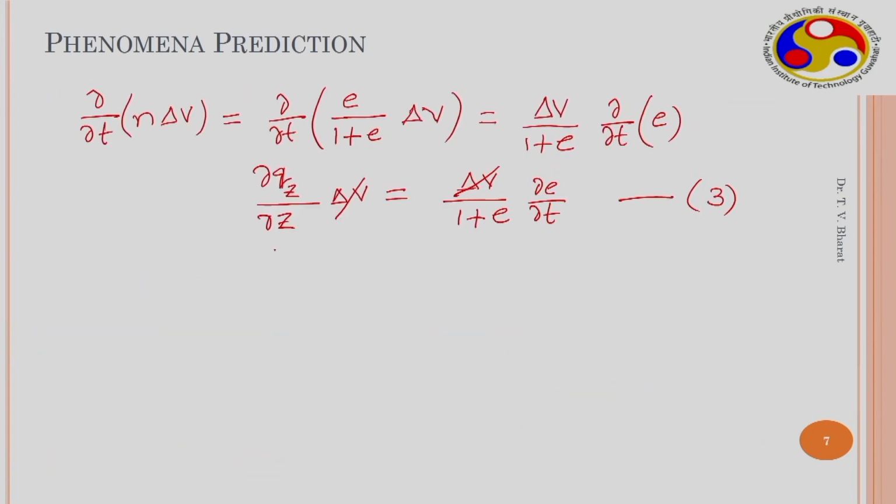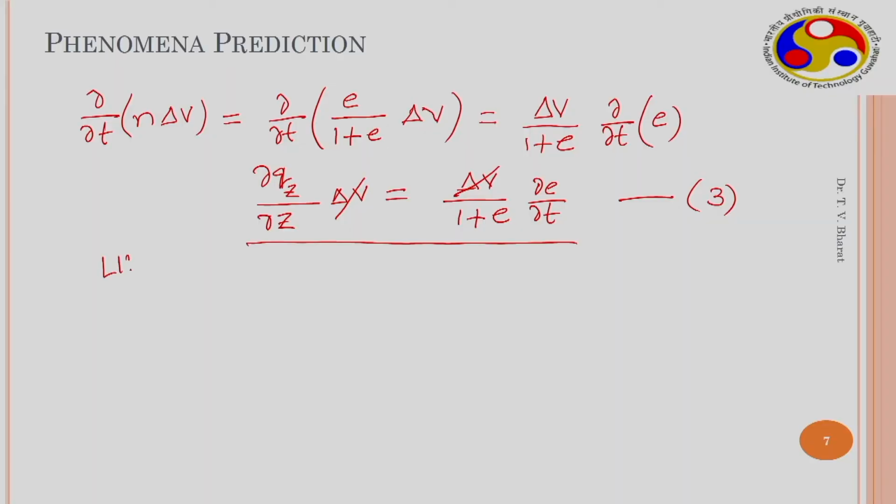So if the conservation of mass is satisfied, then this equation should be satisfied. So here physical law is applied for deriving this expression. Now we can simplify these expressions in terms of known state variables. The left hand side of the equation 3